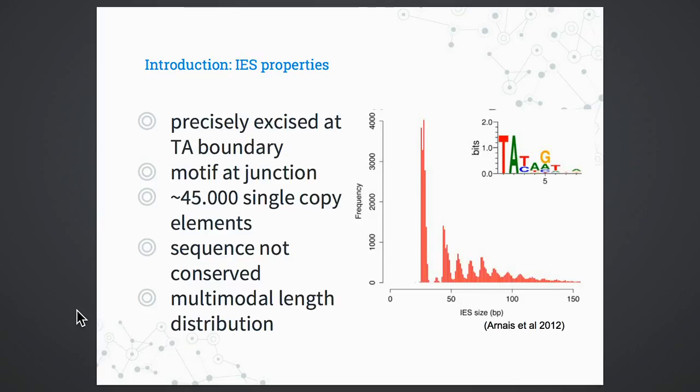And they have a very interesting multimodal length distribution. Most of them are really short, around 27 base pairs, and then every 10 base pairs there's another peak in their size distribution, which is shown here. It has been hypothesized that this has to do with the mode of excision from the genome, but still there are many